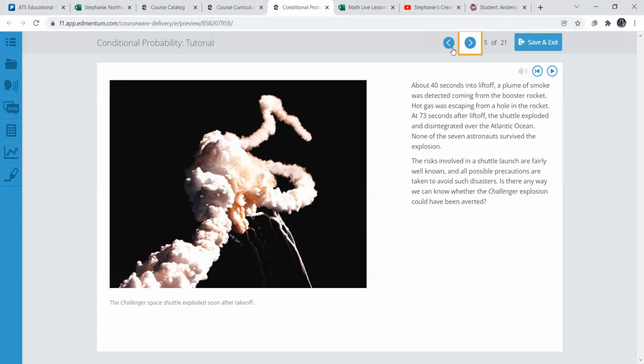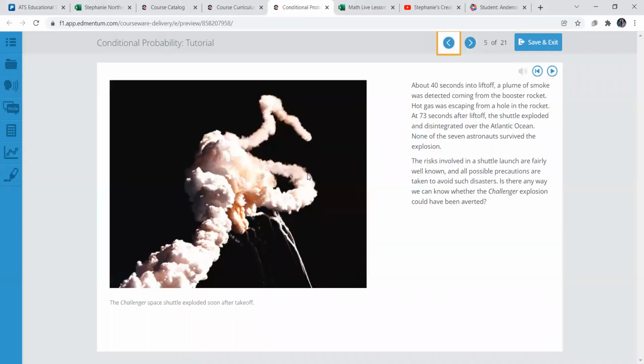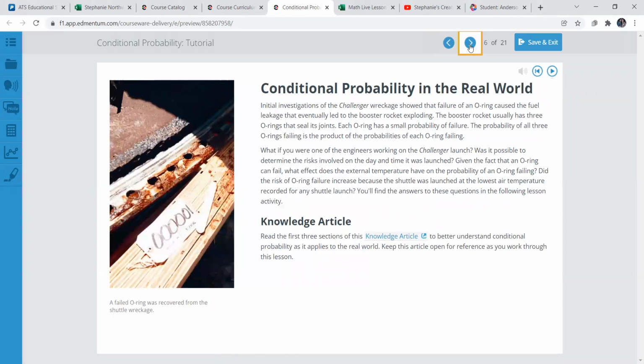So I was thinking, what is the probability of something like this happening? Well, pretty rare, because the other space shuttles that have launched into space haven't had something like that happen. This was pretty extreme. I mean, there are risks involved, but typically the probability of something going wrong like this is very low.